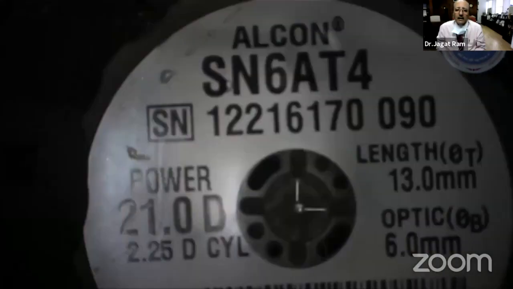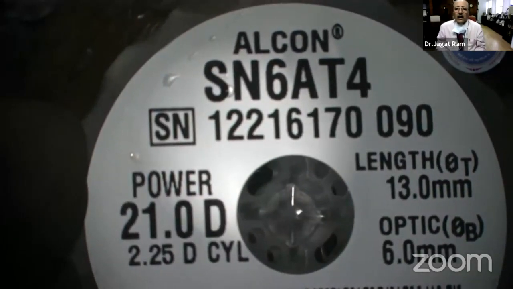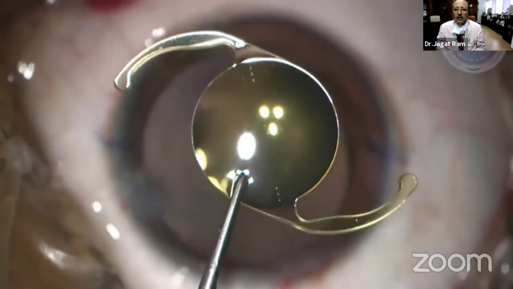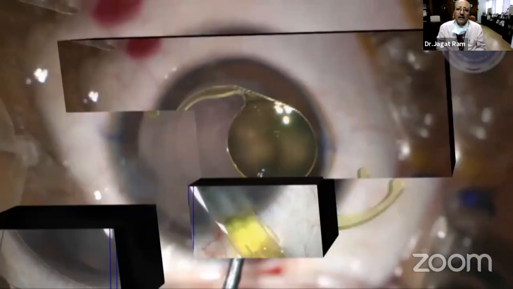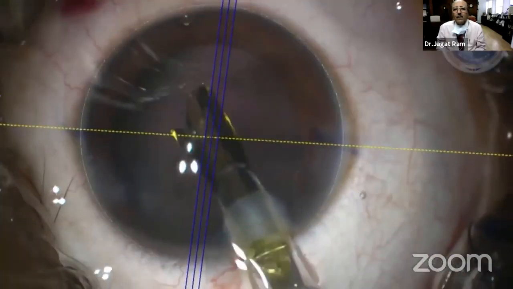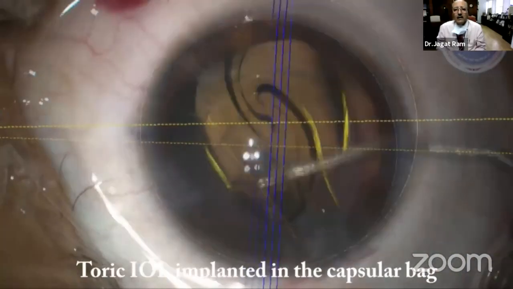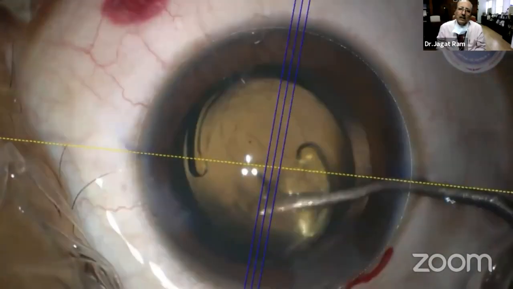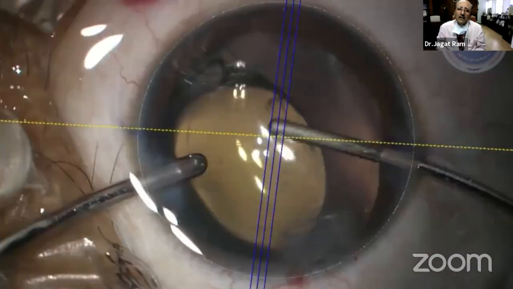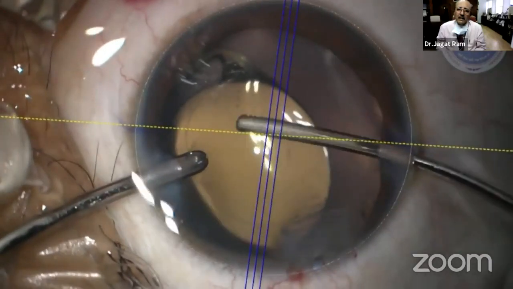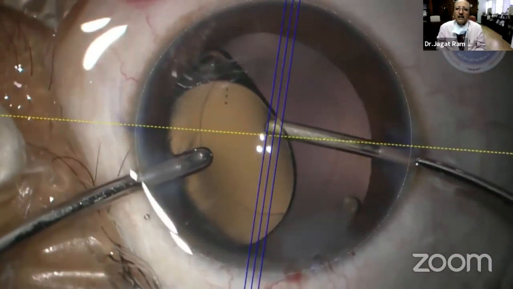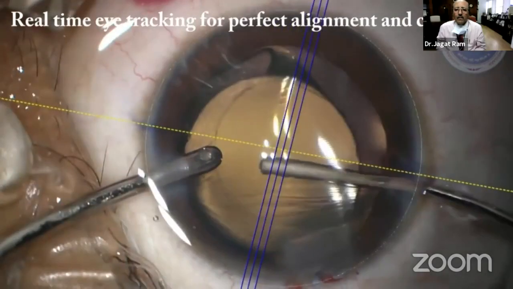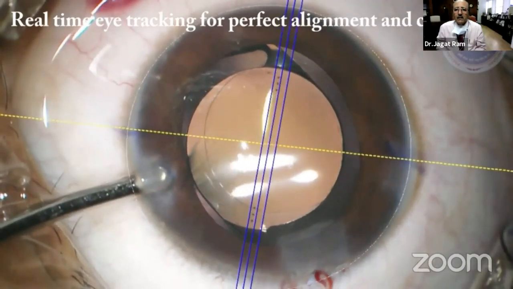And then in this child we have placed a toric IOL, and it is important to accurately place the toric IOL in exactly the right axis. So finally it was placed exactly in the axis which is defined. It should have perfect alignment.